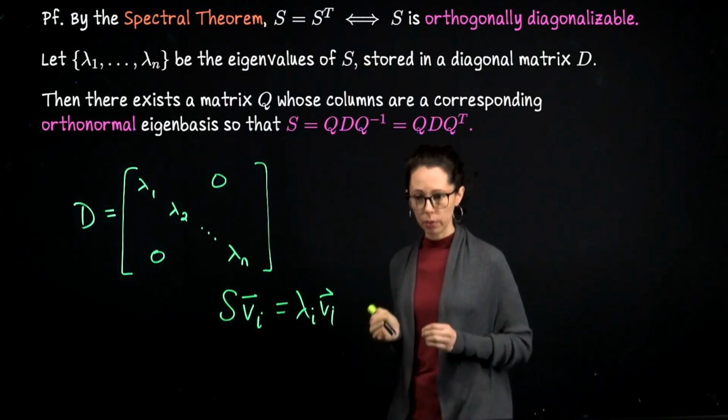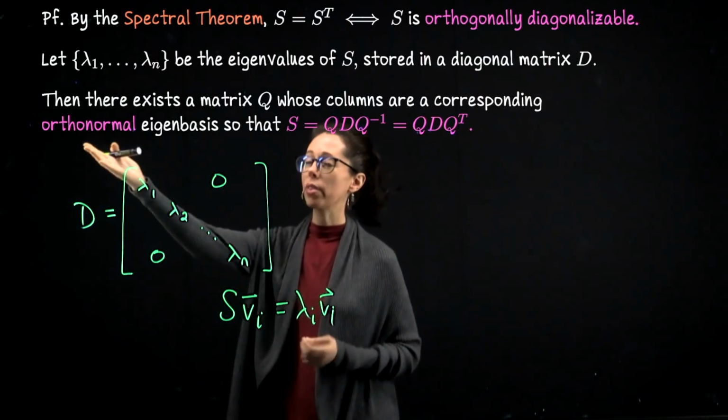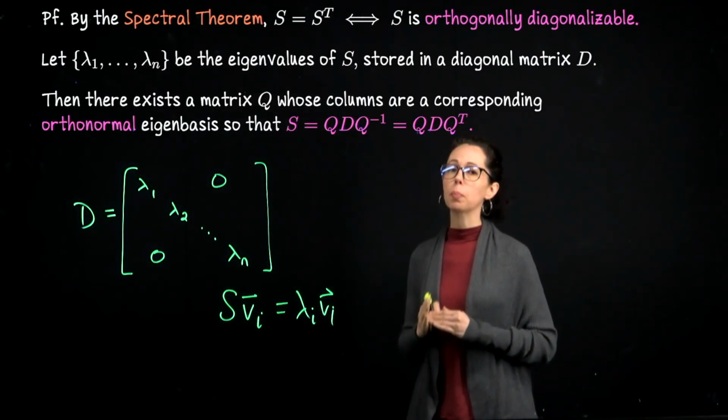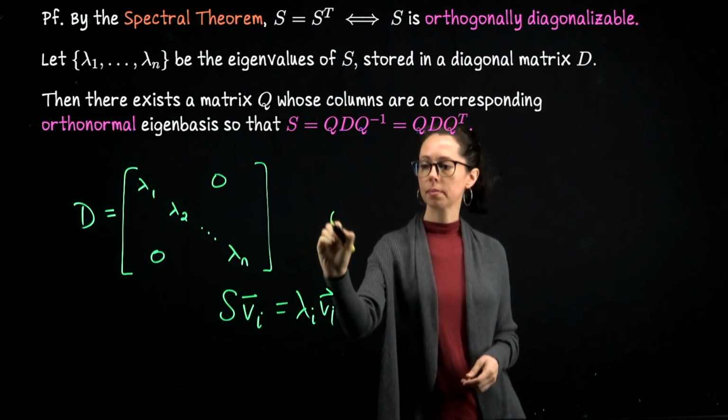But what's really, really important here is that your family of eigenvectors can be turned into an orthonormal basis. So normal means unit length. Ortho means mutually perpendicular, and that is special. So what we're going to do